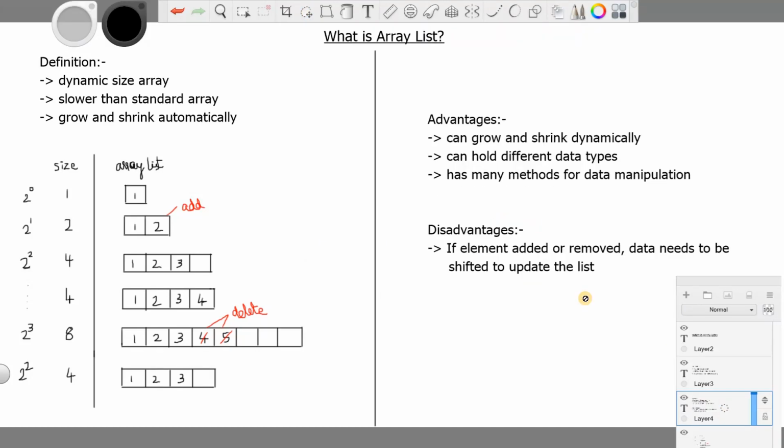And that's it, guys. This is a simple overview of how array list works and some of the definition and